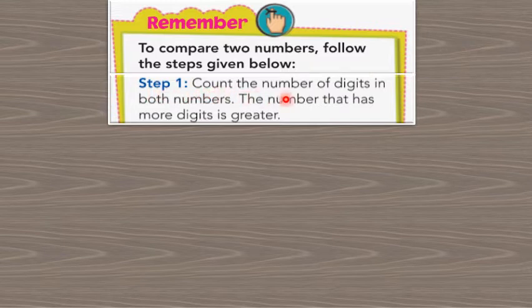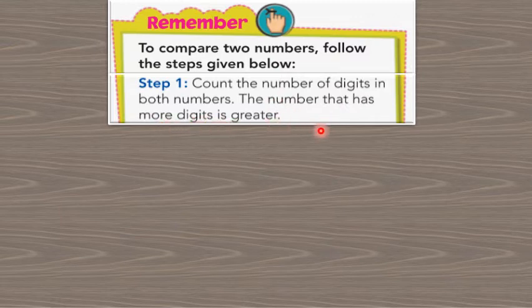Count the number of digits in both numbers. The number that has more digits is greater. If there are unequal number of digits in two numbers, the number that has more number of digits is greater